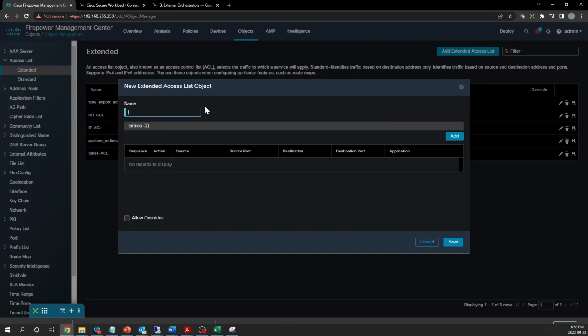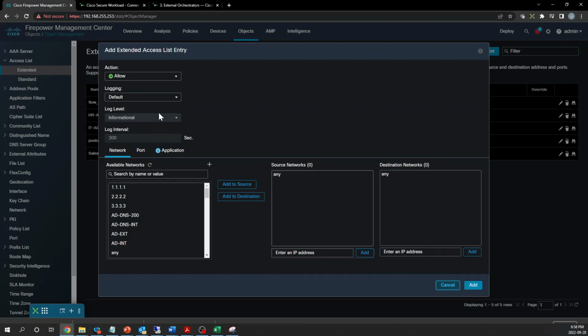Give it a name. Disable logging, extended allow, any looks pretty good. I want to capture everything here. We're not doing any filtering. And there we go,